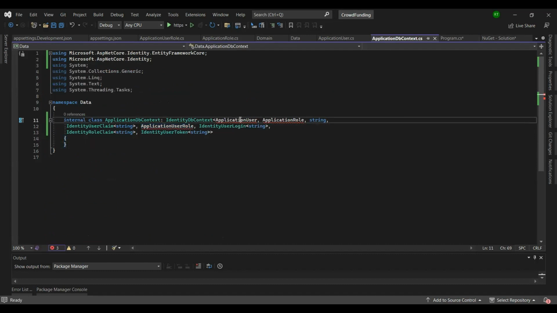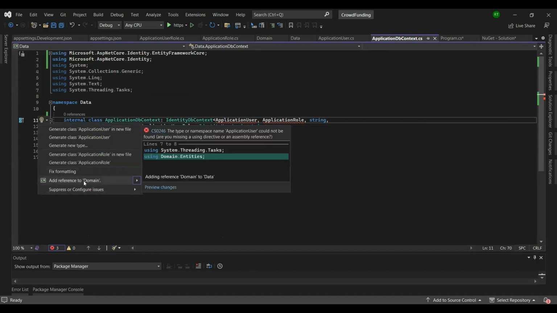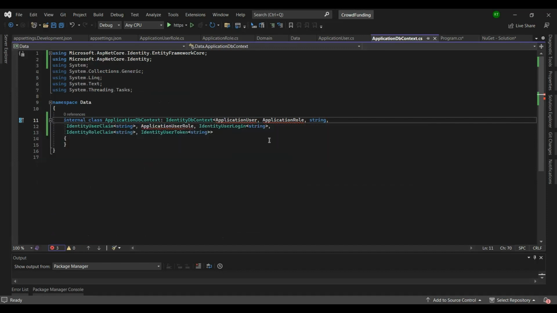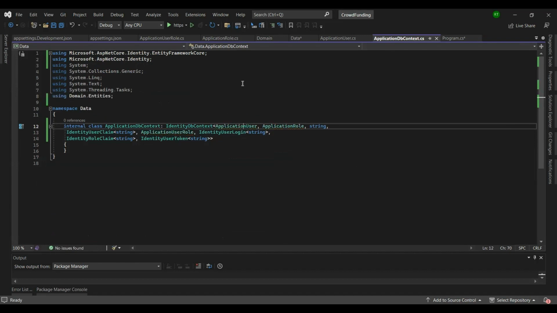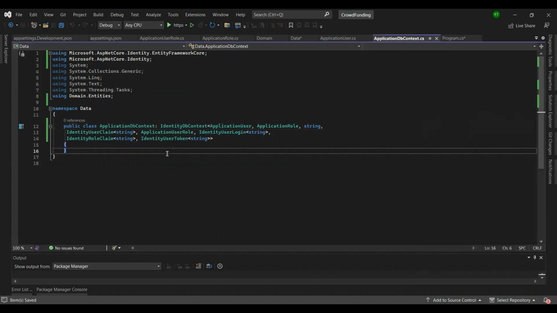So yeah, in this application user, let's include this application user. Yeah, so we'll need to add reference to domain because our models are in domain in this data project. So let's also make this public so it can be accessed from our API project. That's the crowdfunding project. And after that, what we need to do is